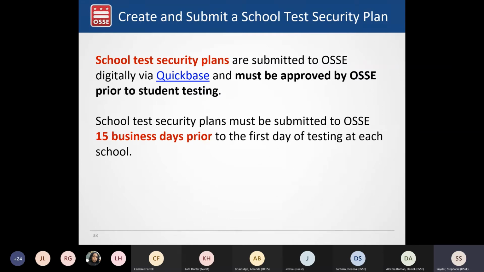But we do know that there will likely need to be updates to school plans as more is known about what administration will actually look like and who will be in schools or remote at the time of testing.